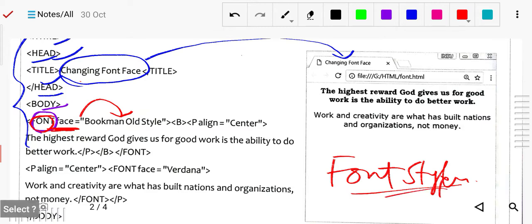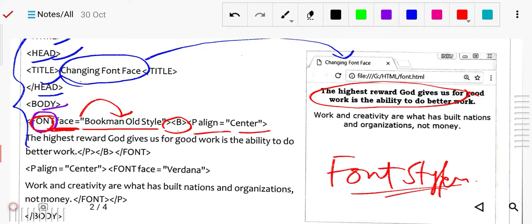Okay, so it is Bookman Old style. So you can see this is the style of Bookman Old style. Then B is closed means B started bold, P align center. Font face means you take the font style, which type of style you have to take.